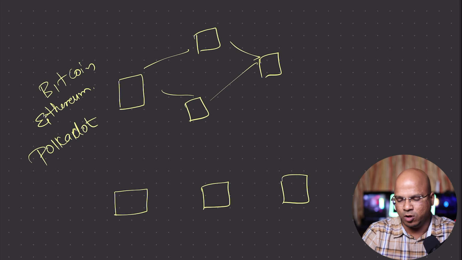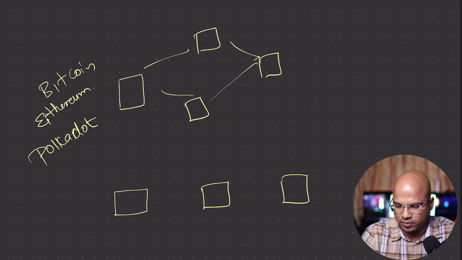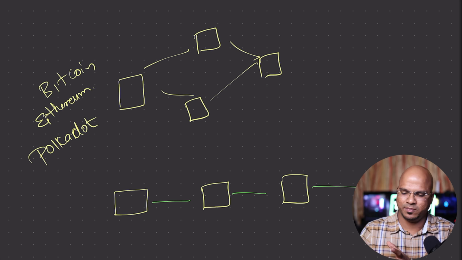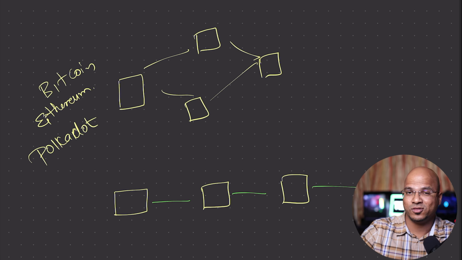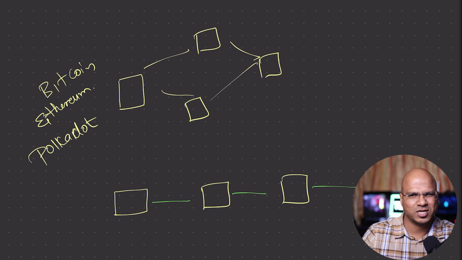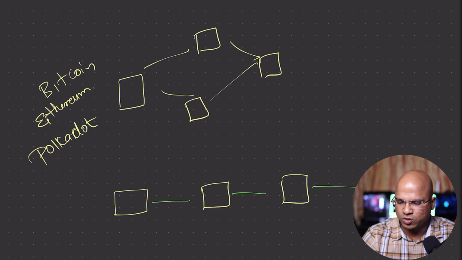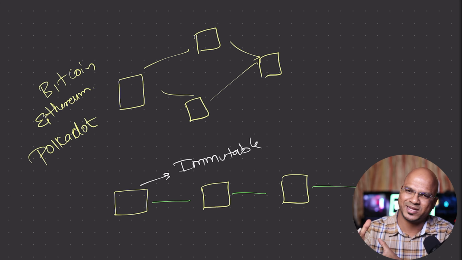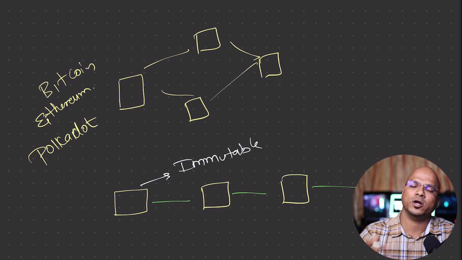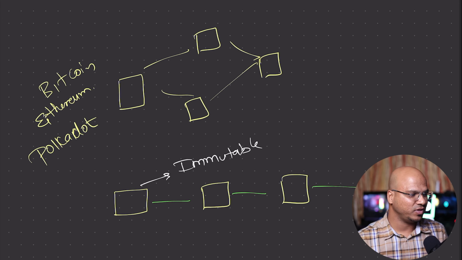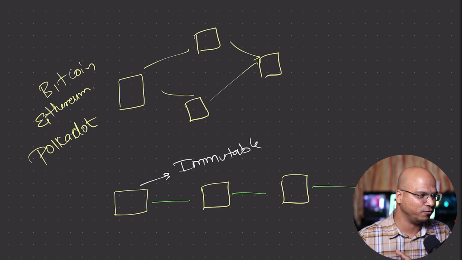Now, whenever you have these blocks, all these blocks are chained, right? So these blocks are chained, and that's why we call them blockchain. In fact, the earlier term for this was chain of blocks, but blockchain looks good, right? So what's the advantage of using blockchain here? Whenever you store data in a blockchain, it gives you one thing, which is immutability. So all your data is immutable. Once you store your data there, no one can change it. And that builds trust. One of the things we are missing in this world is trust, and we can achieve that with the help of blockchain.